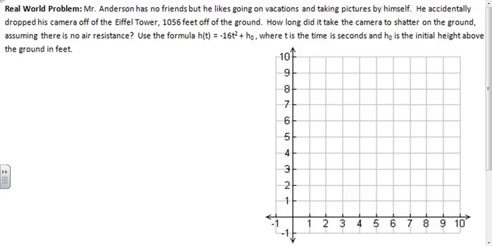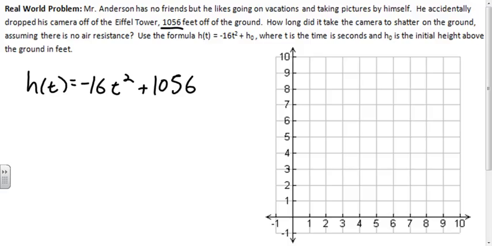So in this case, we'd say our h of t is what we're looking for. It's kind of like our f of x function, equals negative 16 t squared plus, well, we know our h sub o is 1,056 feet, because that's how far we started above the ground. So if we've got an Eiffel Tower thing going on right here, at the top is where the camera was dropped, and it fell all the way down